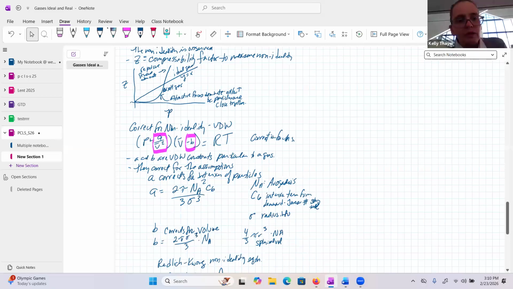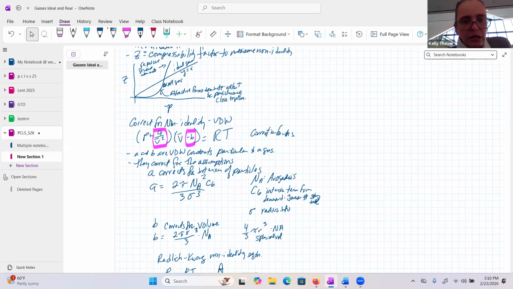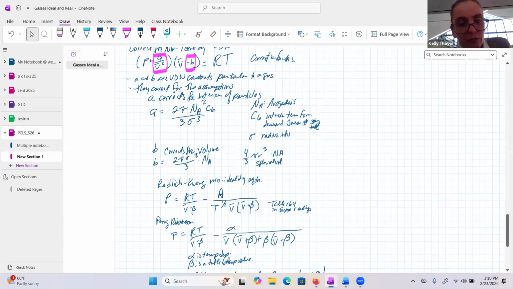correct for this. So the van der Waals is one correction that can happen. That attempts to do this using actual first principles, things that you can look up, physics, right? So we attempted to do that with some physics, and that is our one way we could attempt to do this. So the A and B correction factors actually have physical meanings.